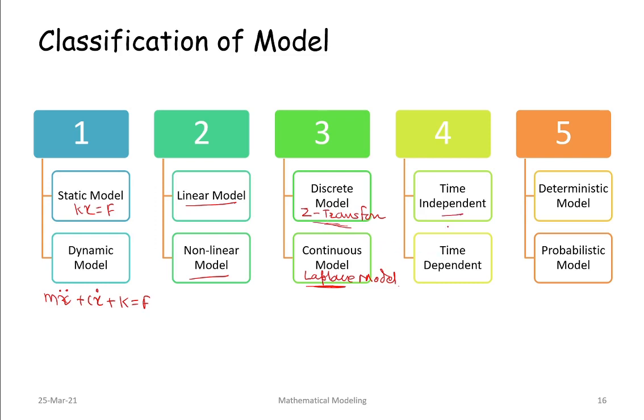Then time dependent model and time independent model. Time independent means that with respect to time, the parameters of the system do not change. Just take an example of your tire pressure. With respect to time, that pressure remains constant. That is our observation. But when there is a small puncture or some hole in the tire, what will happen? As time goes on progressing, the stiffness of the tire and the damping change. That is what a time dependent model is.